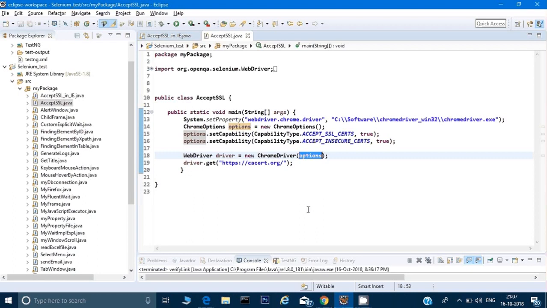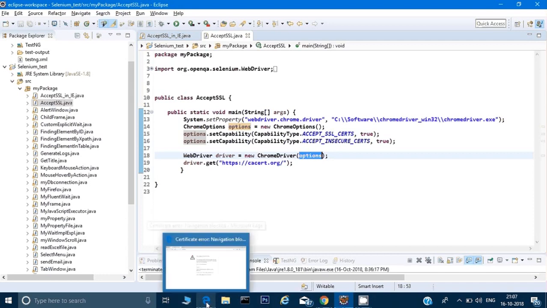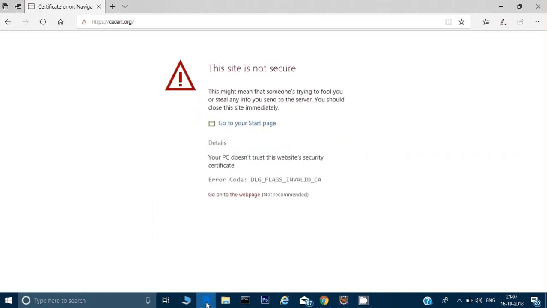One of the subscribers messaged me today that she is able to do it with the Chrome browser, but somehow IE is not working for her. Let me open the Edge browser. Even Edge is not working. If you open it, it gives you this, something like this, and this code will not work.